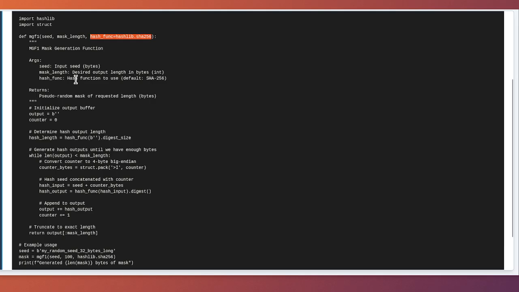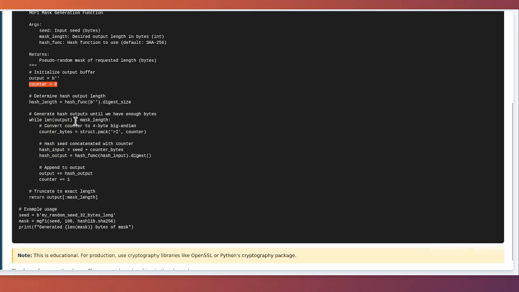Inside the function, we first initialize an empty bytes object to accumulate our output. We set a counter to 0. We also determine how many bytes each hash operation produces. To do this, we call the hash function on an empty input and measure the result length. Then, we enter a loop that continues until our output length reaches the desired mask length. Within each iteration,